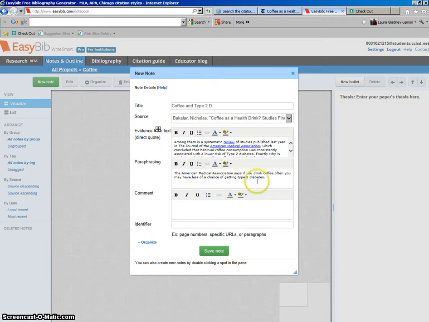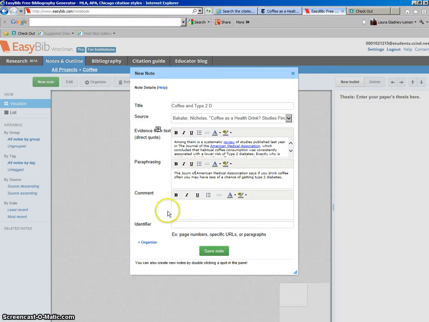Okay, so that is my paraphrase. So this isn't plagiarism as long as I cite it as a source, because it's not exactly the words that are used, and actually I need to add a word because it's actually the Journal of the American Medical Association